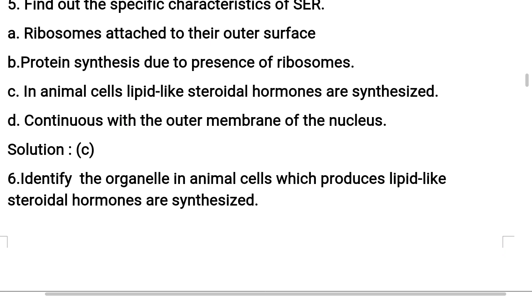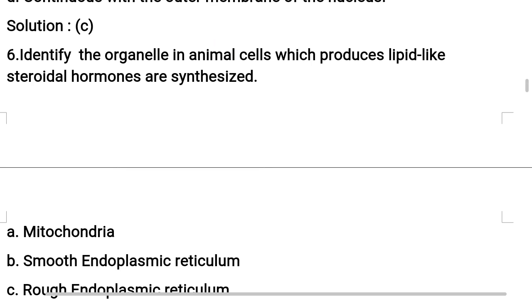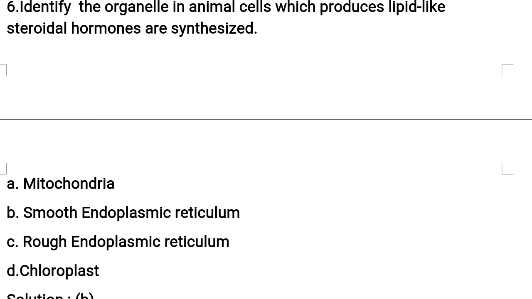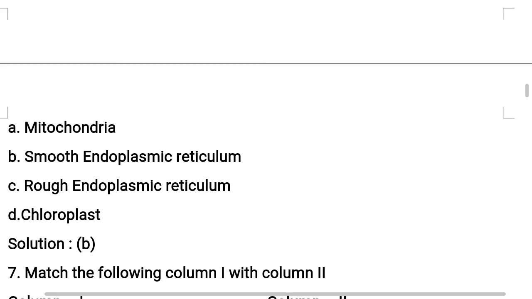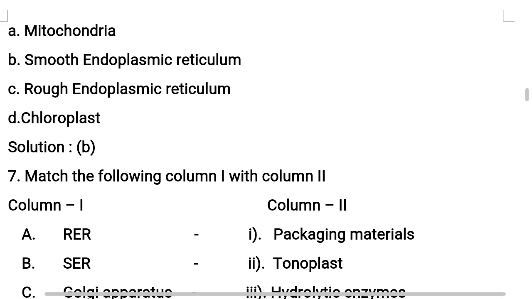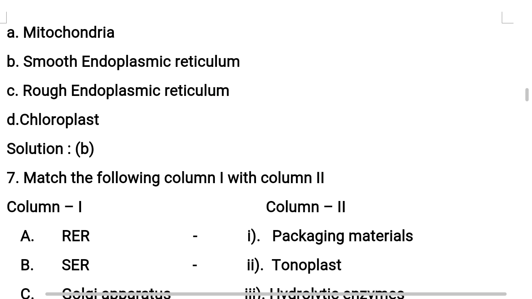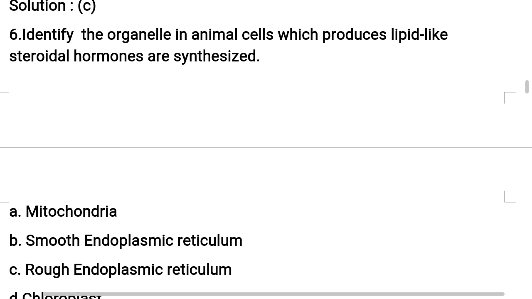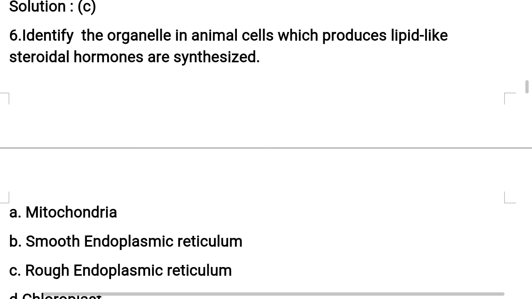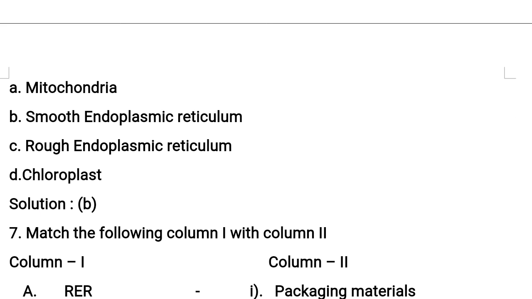Have you understood? Now coming to the sixth question. Identify the organelle in animal cells which produces lipid-like steroidal hormones. Just now we had a discussion in the above question. Let us see the options one by one. Mitochondria, smooth endoplasmic reticulum, rough endoplasmic reticulum, and chloroplast. Which is producing lipid-like steroidal hormones? It is option B,